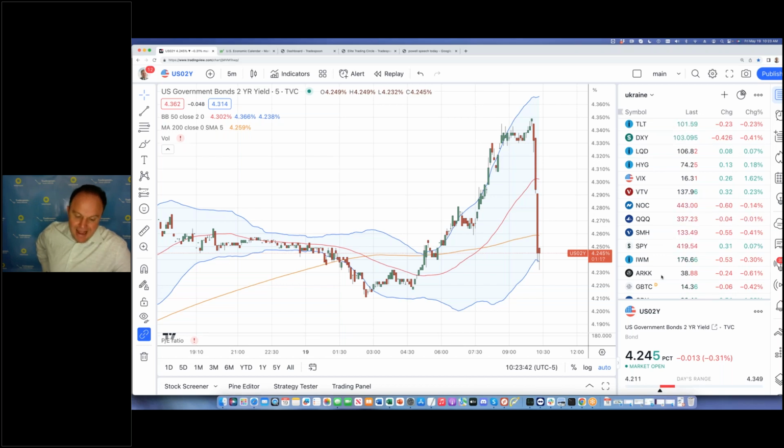Yeah, so I think it's not Powell's speech. I think this is the debt ceiling, right? So people are very sensitive to the debt ceiling. Obviously, if they can't reach an agreement and the U.S. defaults on its debt, well, that's a black swan event, right? So as the probability of that event goes up or down, the market reacts. And that can continue for the next couple of weeks, right?